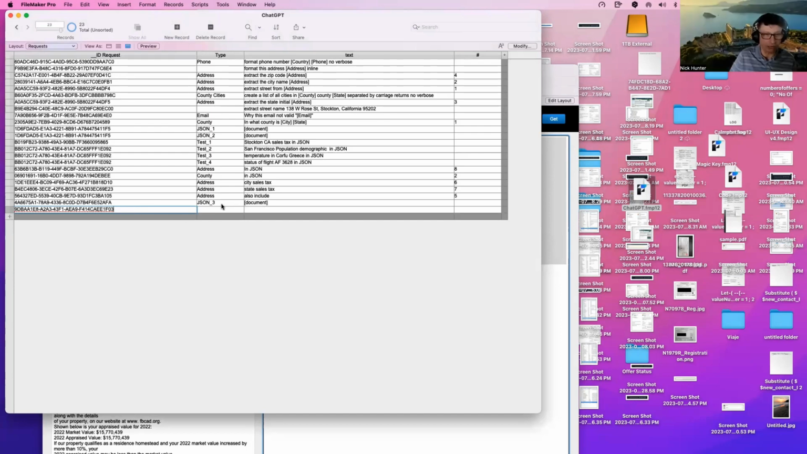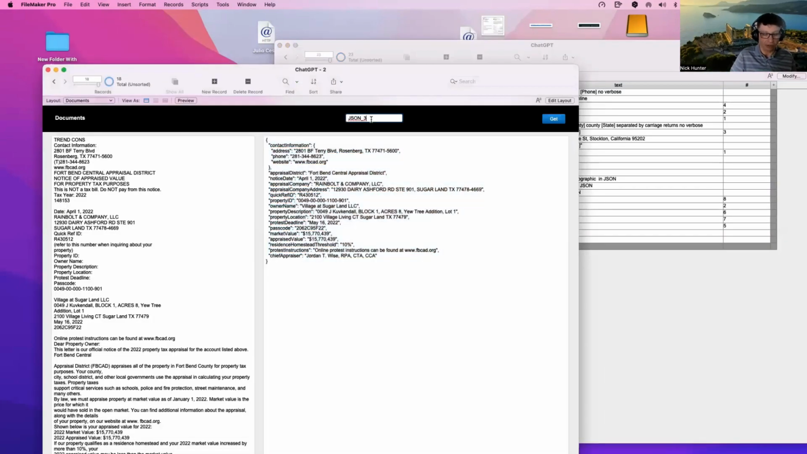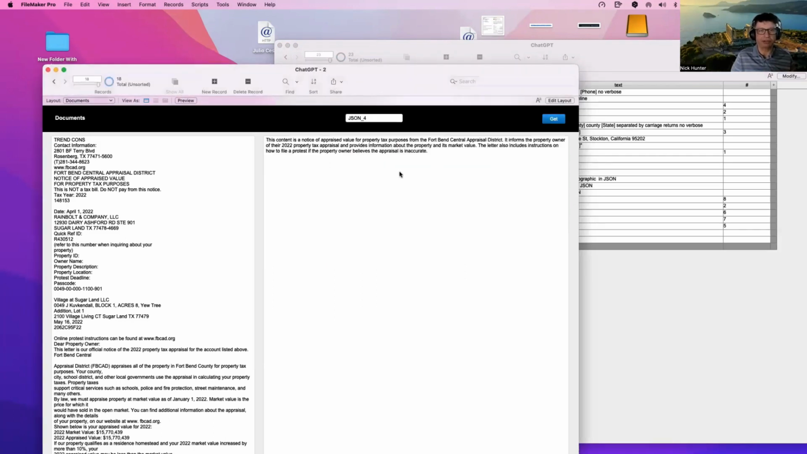So I can do another one, JSON 4. Okay. And I can say, okay, I still want the documents. And we can say this: summarize this content, for example. Okay, so let's see what happened when I do this. So I'm changing the request to the 4, and I press get. Okay. So the result will be different. This is a summary. This content is notice of error based, the letter is also including a description, how to process, so you can ask pretty much what you want,